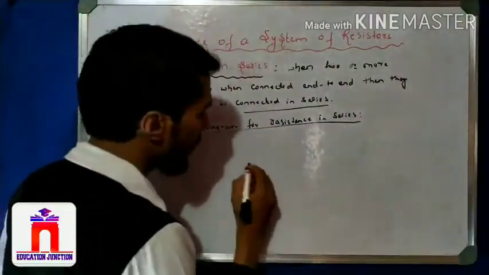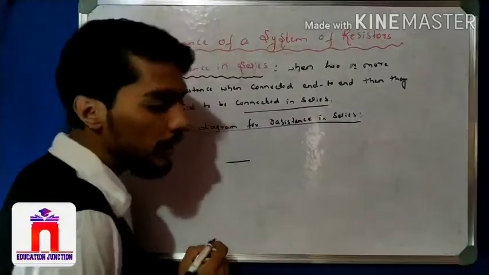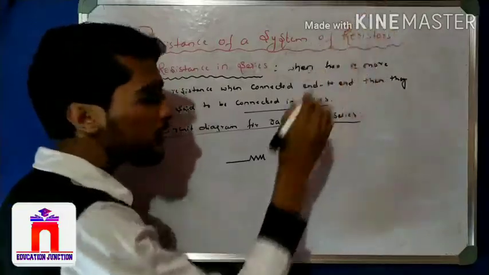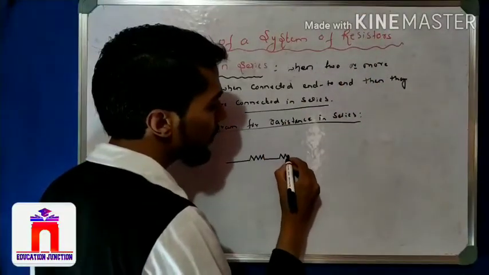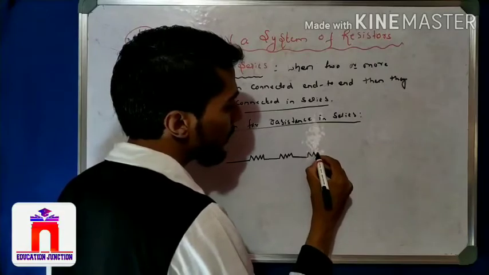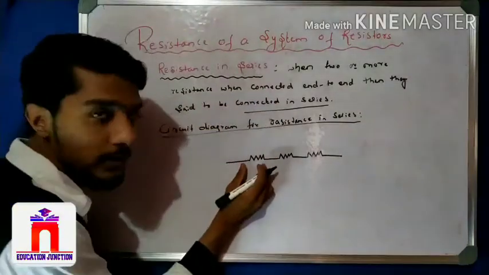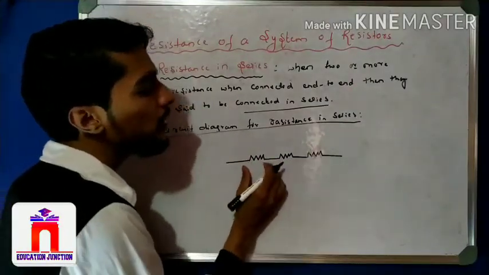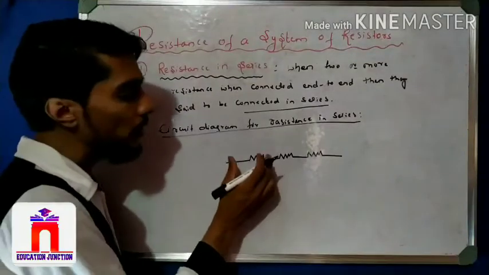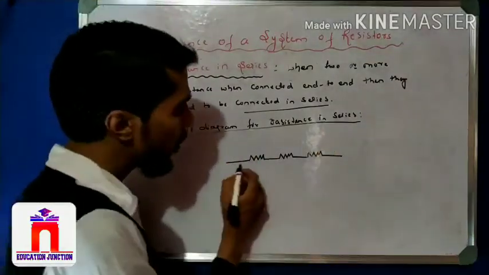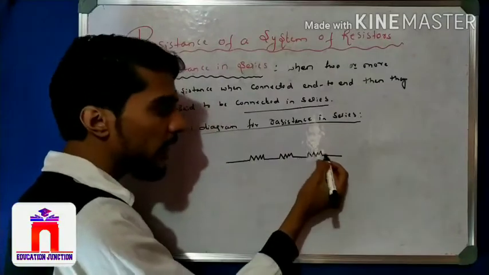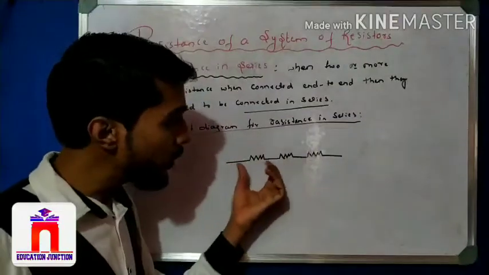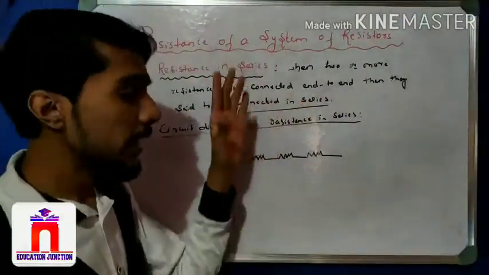So for resistance in series, we take a circuit diagram. See, a very simple circuit diagram. Take a conducting wire, and we know that the symbol of resistance is like this. This is the resistance symbol. I take two or more resistances, so here I take three resistances: one resistance, two resistance and three resistance. Observe that this resistance is connected to this resistance at the end, then at the next end. So these are nothing but end to end connections. After that end we connect this resistance, after that end we connect this resistance, and it goes on adding resistances continuously. That end to end connection of the resistances is said to be a connection in series.